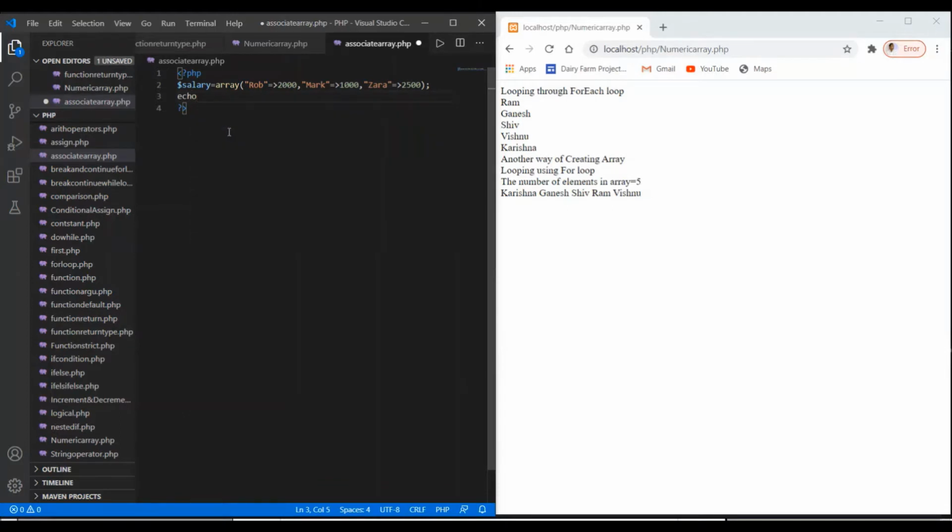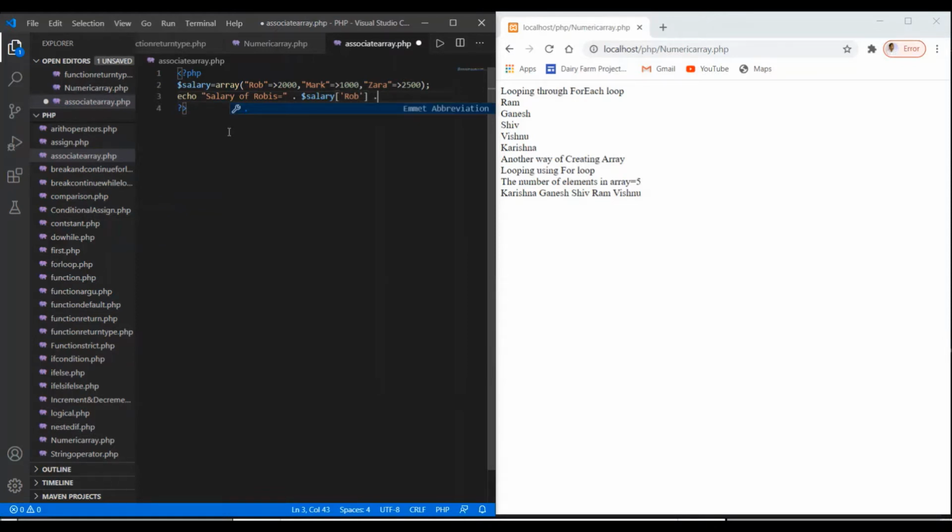I'm using echo and writing here salary of Rob is equal to, and here I'm using the concatenation operator, and here I'm using the variable salary, and I'm indexing it, and I have to give the name, that is Rob.